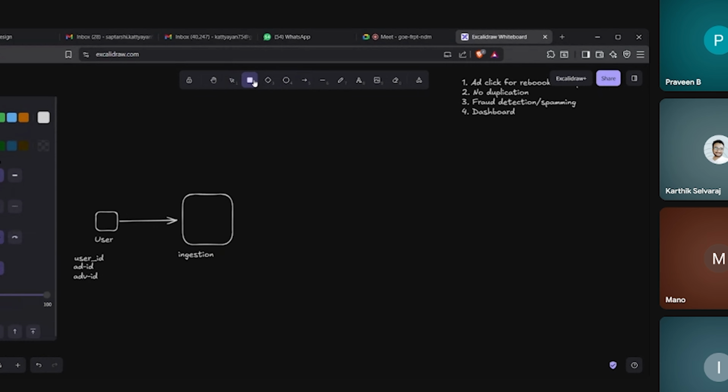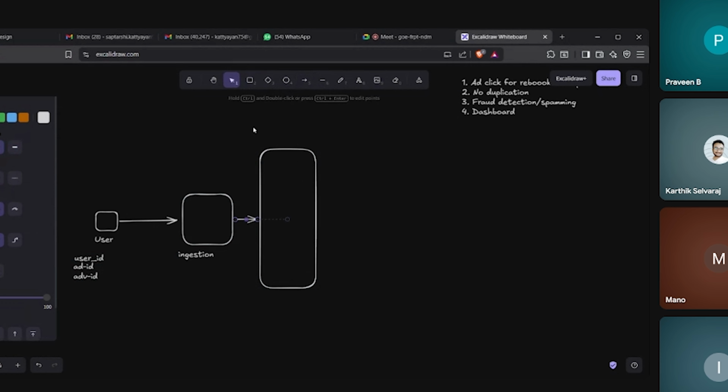Then it will publish this information into a Redis pub/sub system.